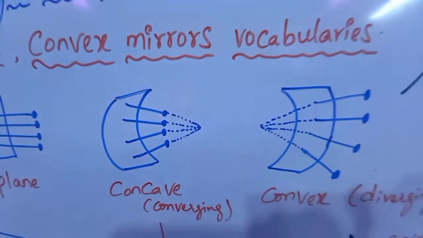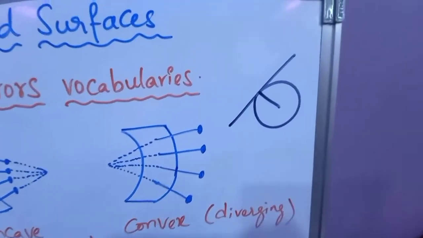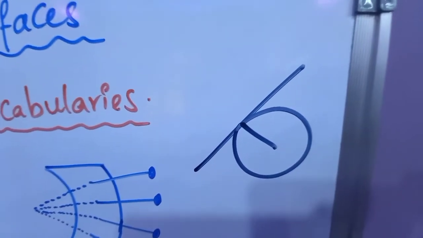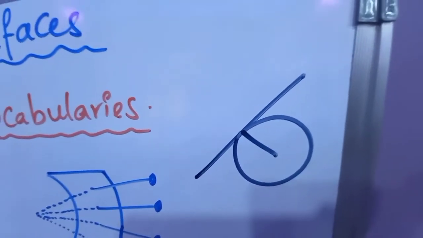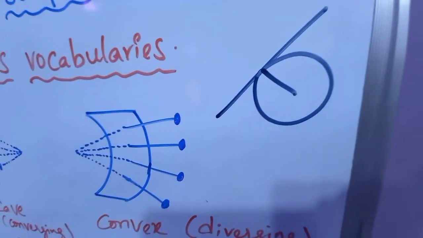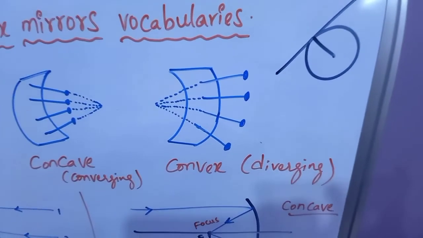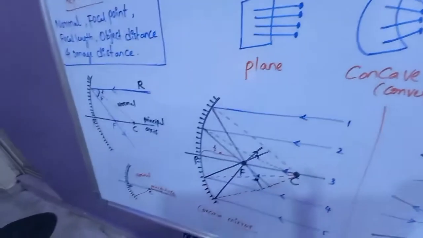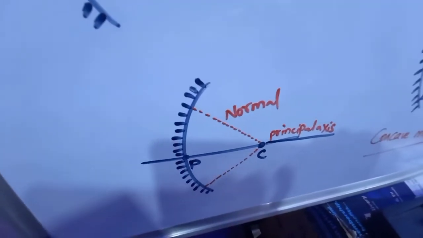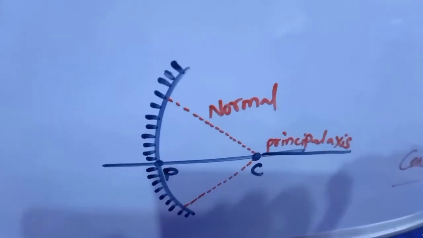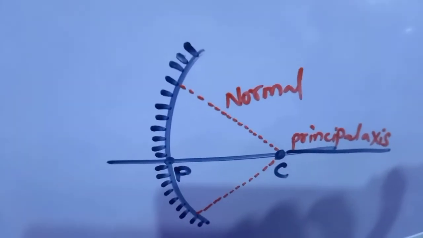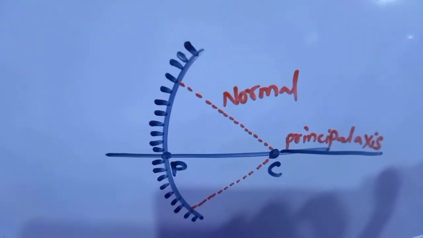While learning about circles and tangents, you have learnt that a radius is always perpendicular to the tangent to the circle drawn at the point. This gives us a clue about how we can find the normal to any point on the spherical mirror. All that we have to do is draw a line from the point on the mirror to the center of the sphere, like this, from any point on the mirror.